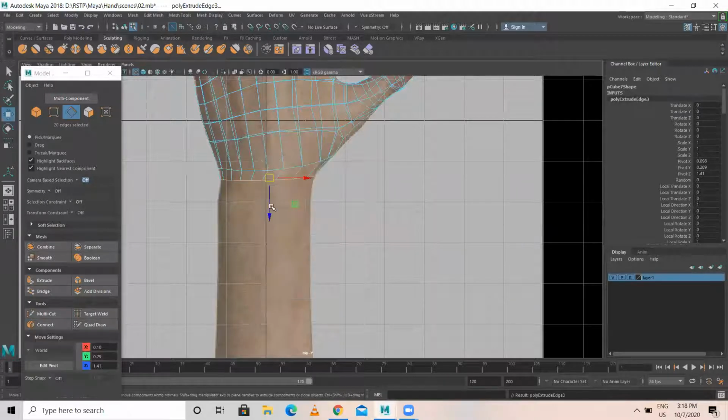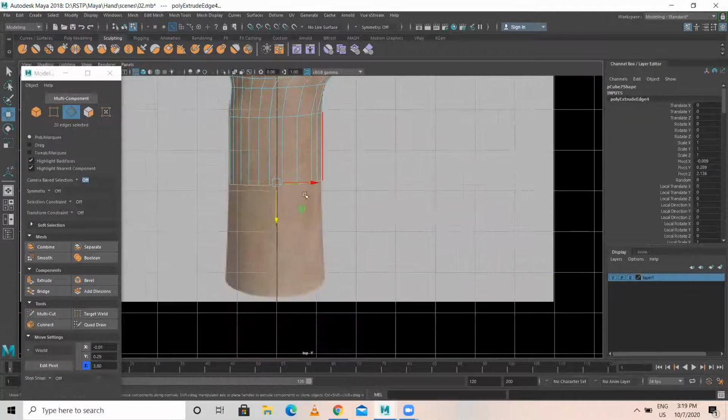I extrude this again, I'll bring this here, something like this. Then I extrude this, place this over here. Then I extrude this, place this over here, and I can scale this. It's something like this.